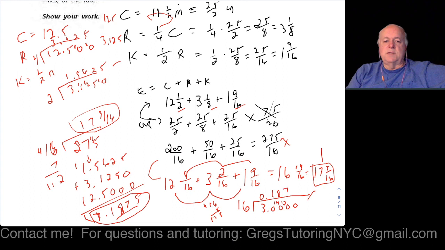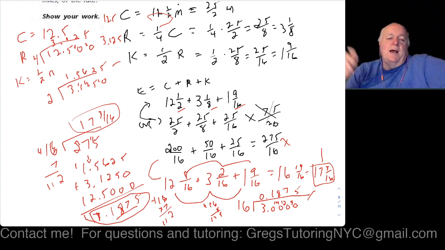Okay, so 16 times 7, that's a 2. We carried the 4, we get 112, so we get 8 left over. Okay, and is 16 times 5, is that 80? Yes. So it turns out that we have 17 and 3/16 is the same as